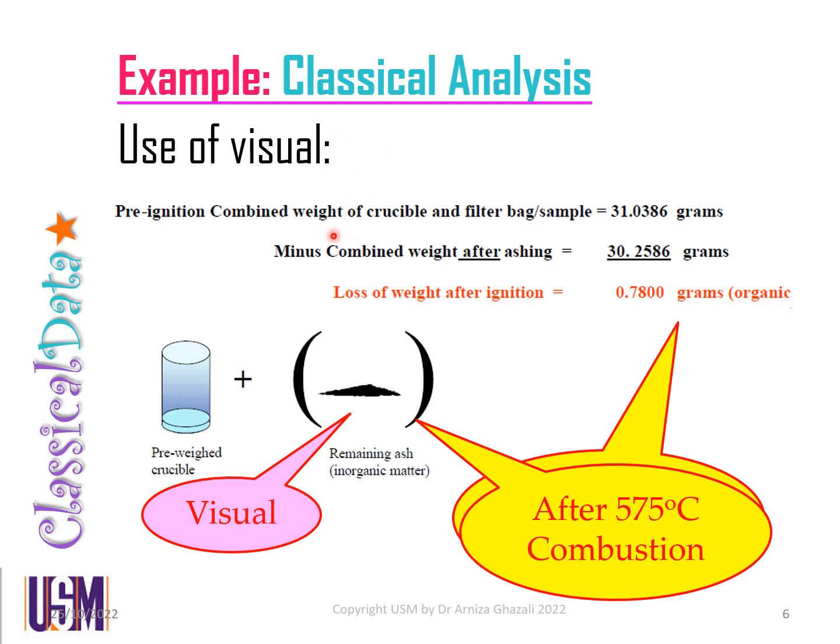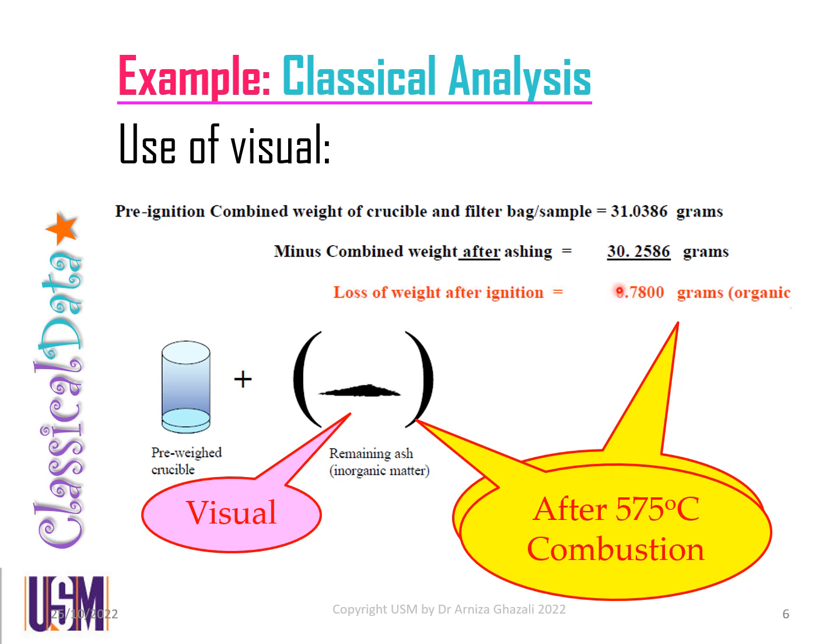So we start off inorganic extraction by combustion, which is a classical analysis. Grind the sample, imagine cockles, okay, dry and grind the cockles and put it in a crucible. Of course, not this type of crucible, not glass crucible, but porcelain crucible that can withstand hundreds of Celsius degrees. Okay, put our sample in, and there we go, combustion at 575. Okay, take the initial weight of sample plus crucible, say 31.0386. After combustion, take another weight,